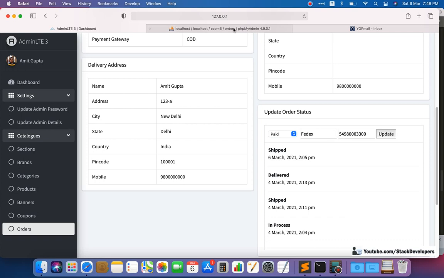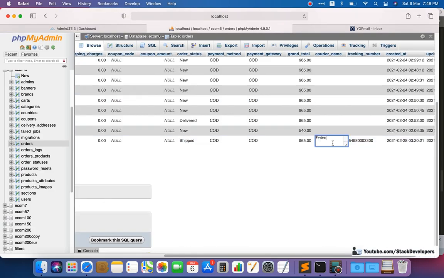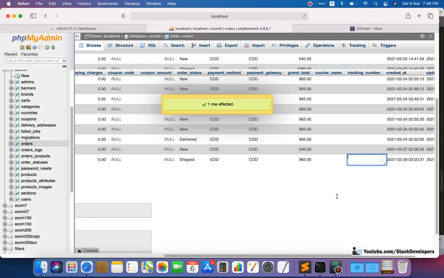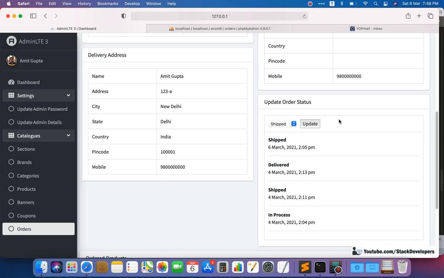But see here, if in case this one is a new order, and the courier name and tracking number are not assigned yet, in that case we are going to update it, like see, the shipped status will not be there. In that case, this status will be something else. This status will be new. In case of a new order, the status will be new. Suppose this is the new order. Okay, so